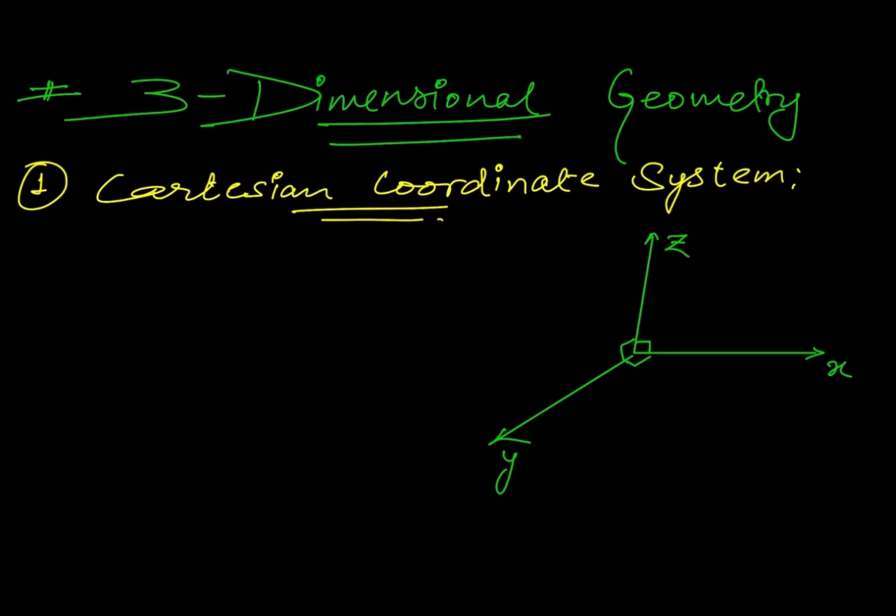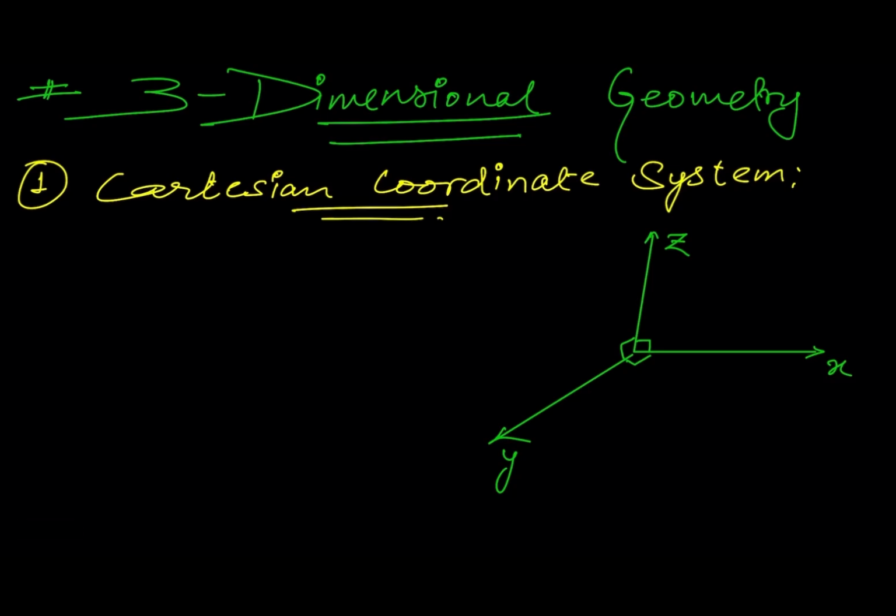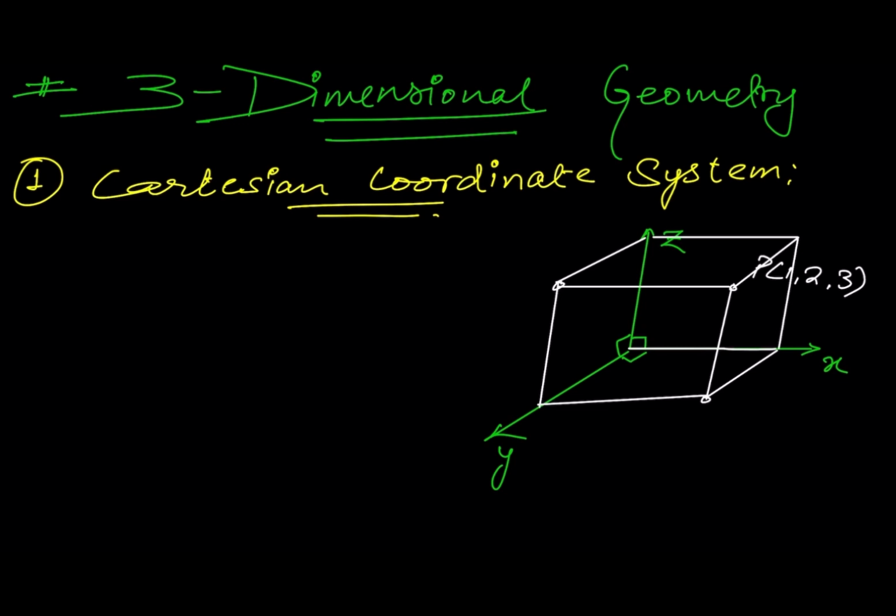Suppose a point in space, say point P, having coordinates 1 2 3. So if this P is 1 2 3, it means we are making a distance of 1 unit on x-axis, 2 units along y-axis, and then 3 units along z-axis, right? So if I complete a cube or parallelepiped, then it will become like this. Okay, so this is point P(1, 2, 3),